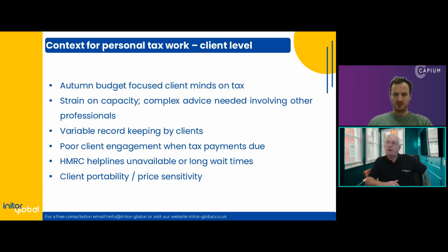And really looking back at the autumn budget at the end of October, it really focused clients' minds on tax. In the lead up to the budget, I'm sure you were all dealing with questions from clients around what they should do about their pensions, what is likely in the budget around inheritance tax, changes to capital gains tax thresholds, changes to annual allowances for dividends, and also we were grappling with the basis period reforms at the same time. So there was a hell of a lot for accountants to get their heads around in the autumn budget to help